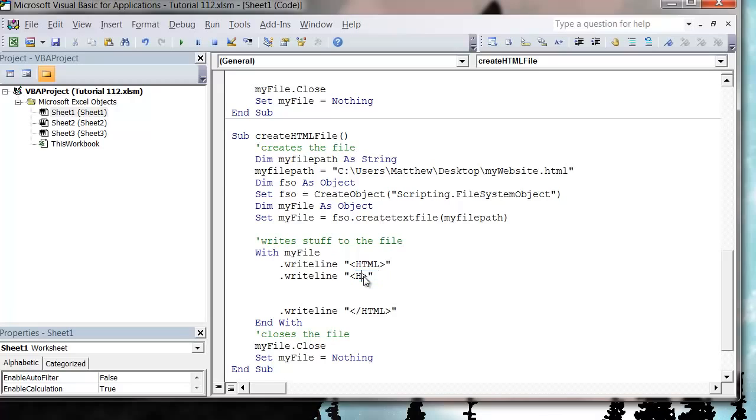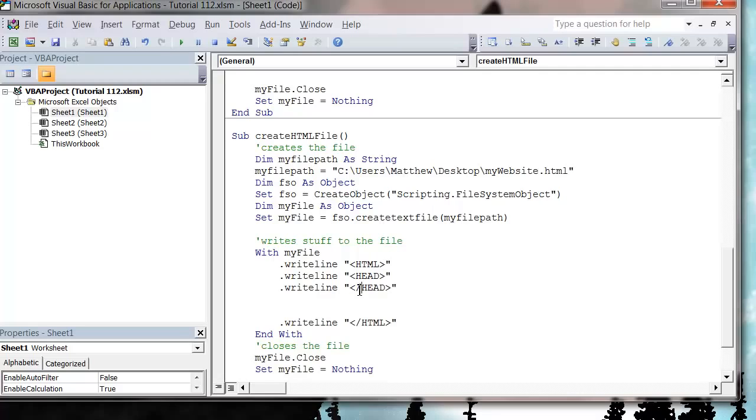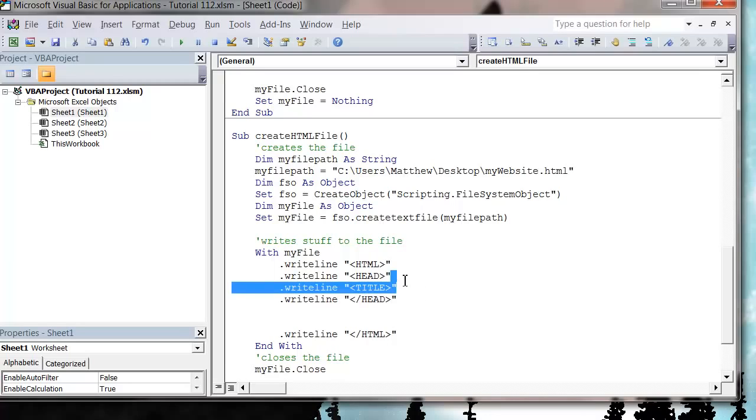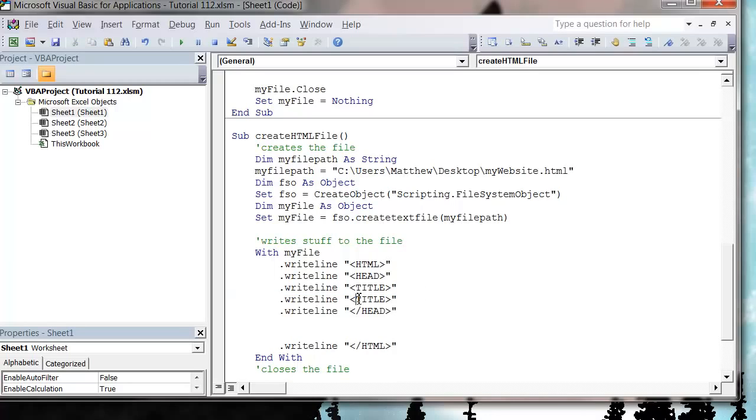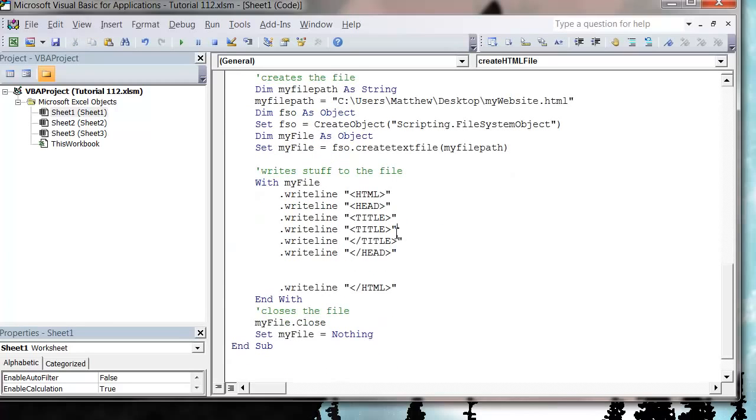Let's do our head tags. And give it a title. And if you don't know how to use HTML, then I'll put the link to my HTML tutorials in the description. So this is just going to give us a title for our HTML. And notice it's literally, I'm just writing lines of code to write lines of text that are HTML. So let's put in our title as my title,